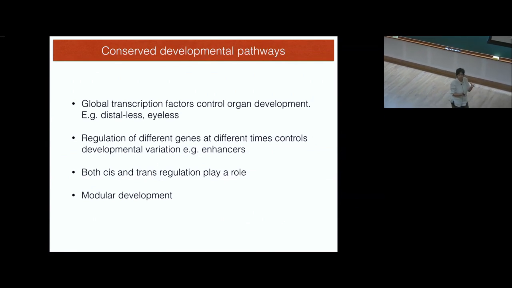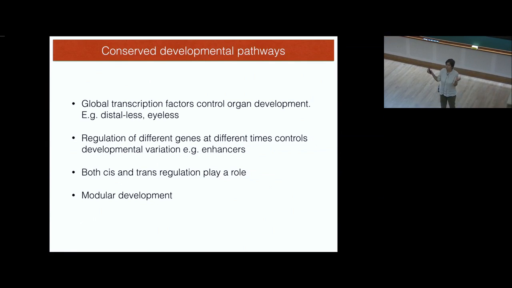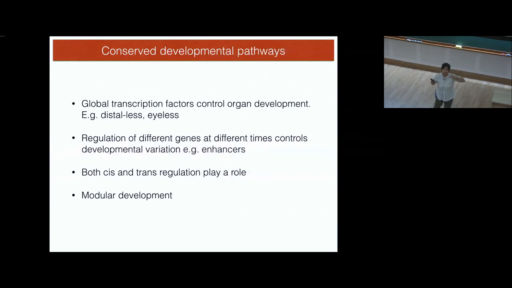And development is modular, which is another way in which major changes can happen, right? So this sort of segmentation is modular. There's one module, you go through it, there's a protocol, there's a program, you follow it, right? And so you have to tweak the instructions a little bit. If your basic script is a little bit tweaked, you get this whole module behaving differently, right? But that's independent of other modules. And so the other modules can also be tweaked independently. And together, if you tweak all of them, you'll end up getting much more variation. This is a bit abstract, I understand, but I just wanted to give you a sense for how these big